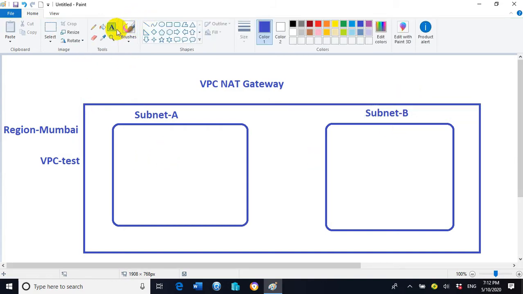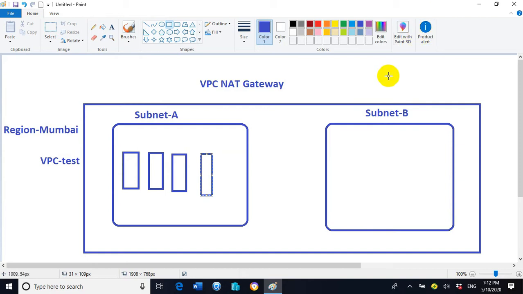In subnet A we have some EC2 instances. In subnet B also we have some EC2 instances.